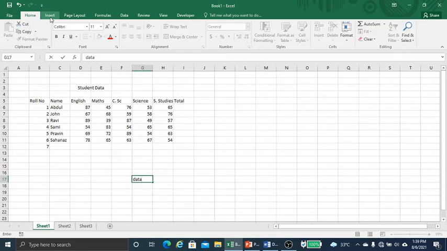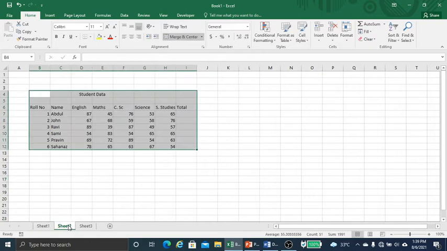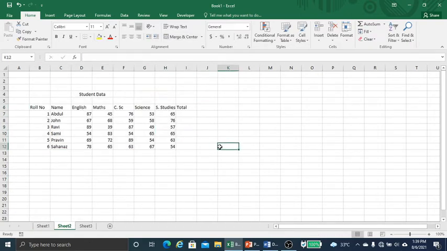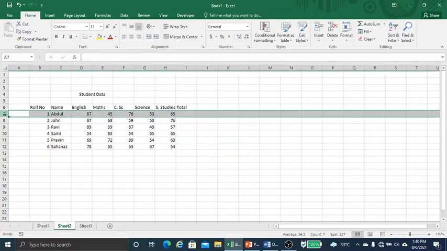Now how can you insert rows and columns in an existing worksheet? For inserting a row or column, we select the row or column. Suppose I am selecting this row, because I want to insert a new row in between here.